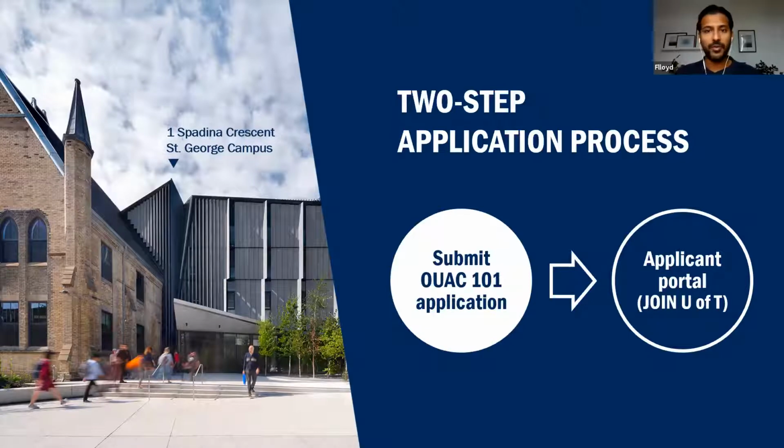Now, when I say the Ontario Universities' Application Centre, this is a third-party resource that works with universities in Ontario to manage all of the applications to the public universities in Ontario. So all 23 Ontario universities will be on there. Now, for students in Ontario, that's the only option. You're applying through the OUAC. You'll get a PIN number from your high school, and once you have that PIN number, you can go in and start working on the application.